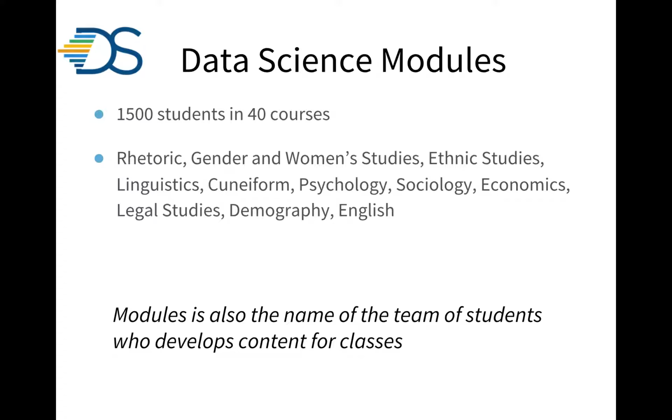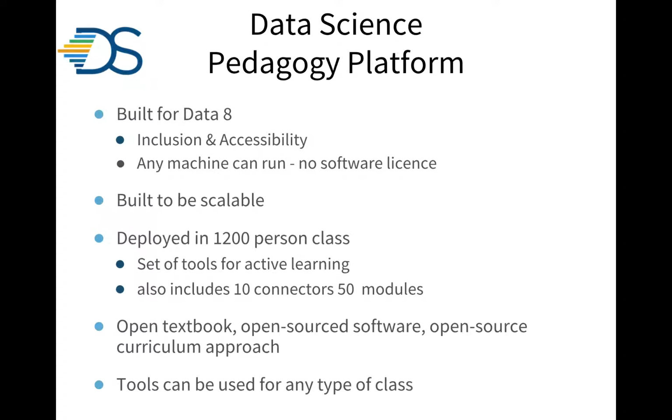So there's been 40 courses so far. We're probably adding somewhere between 5 and 10. So this is going up every semester. I think this number is from a year ago. We also use the term modules as the name of the team of students that we use to make your materials. So we also say the modules team built the notebooks for you guys. That's just an internal term that we use. We call modules the people building the Jupyter notebooks for classes.